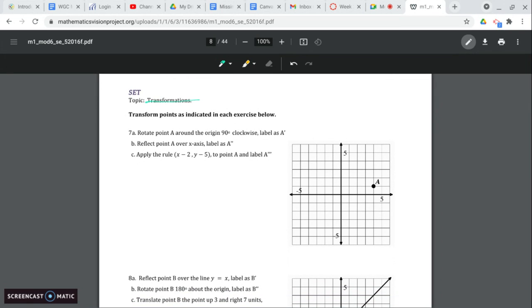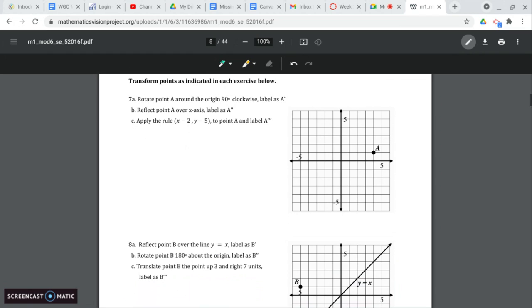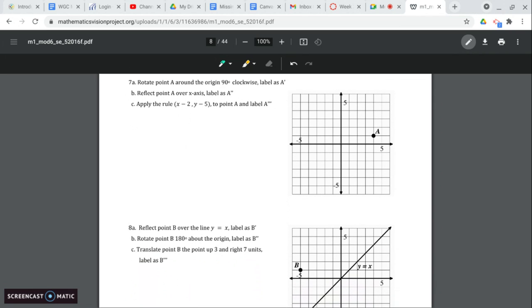Transformations is your keyword for this lesson, transformations. So transform points as indicated in the exercises below. So for A, we want to rotate point A around the origin 90 degrees clockwise and label it A prime. So in order to rotate 90 degrees clockwise,